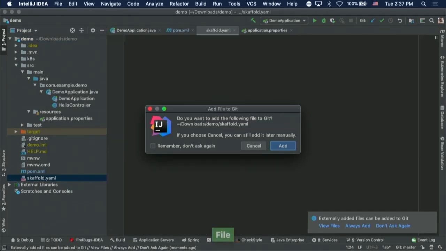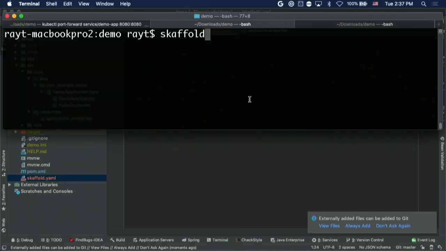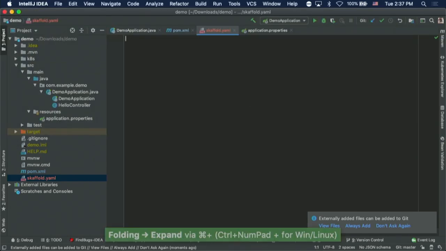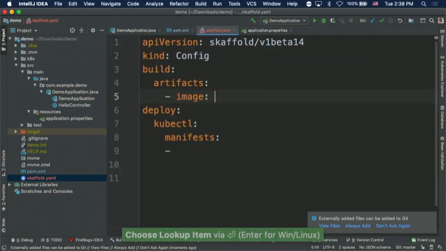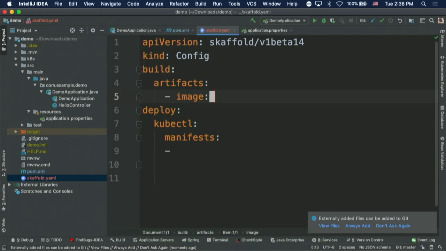Skaffold.yaml. OK. I'm going to have to do that. And then I'm going to zoom in a little bit. In Skaffold, they do have code completion here, a little snippet that you can use. So I can say skaffold, I use the skaffold config. Okay. And then here we can list a bunch of artifacts, meaning that if you have a monorepo with multiple